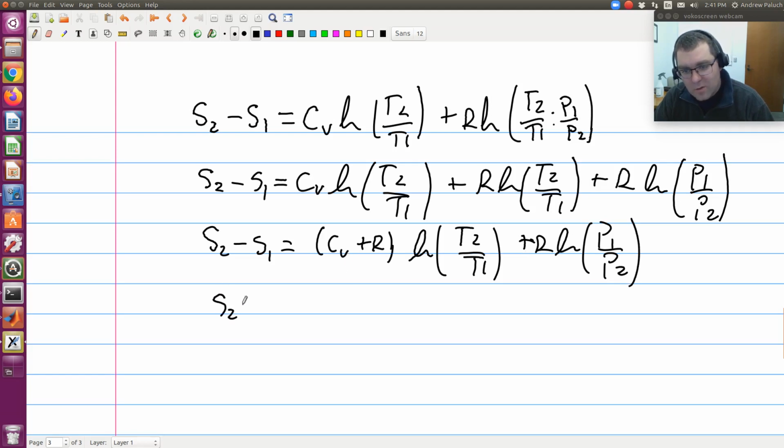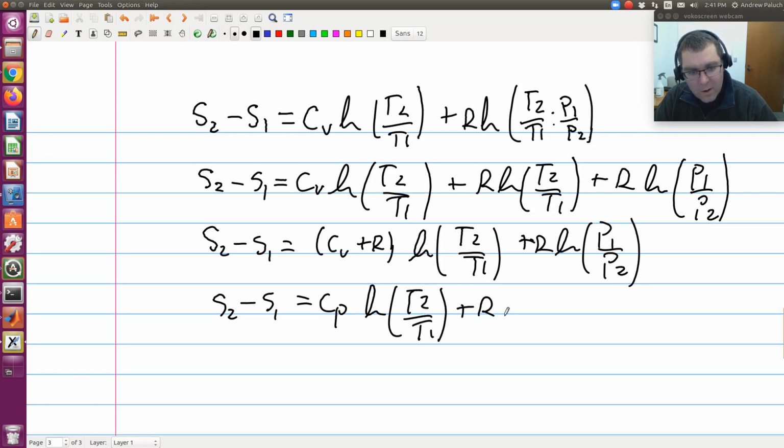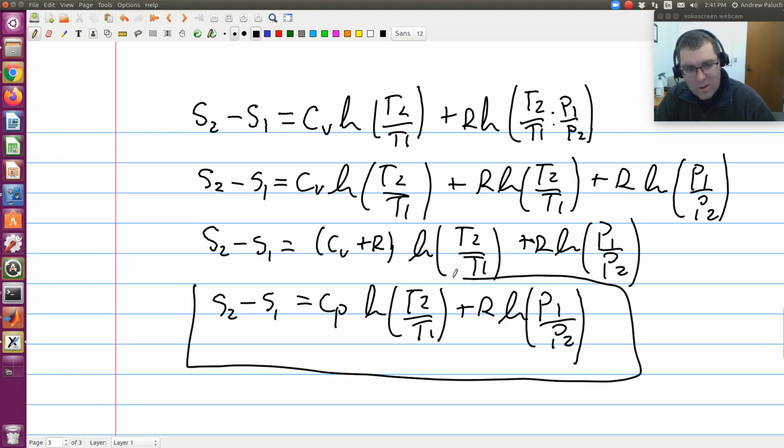So I get S2 minus S1 is equal to CP log T2 over T1 plus R log P1 over P2. And in the book, this is given as our expression for the general equation for the change in entropy of an ideal gas. So again, I'm going to emphasize ideal gas,